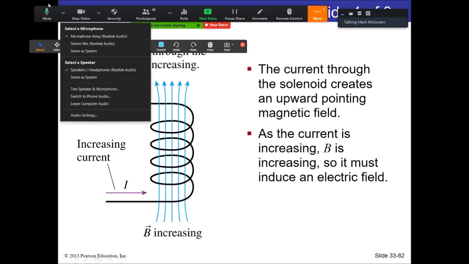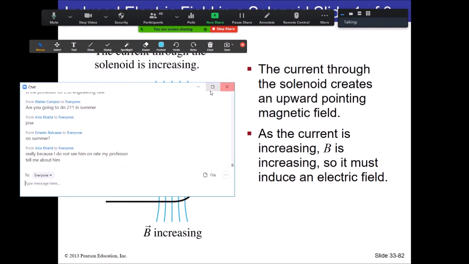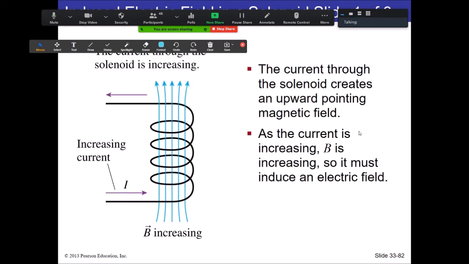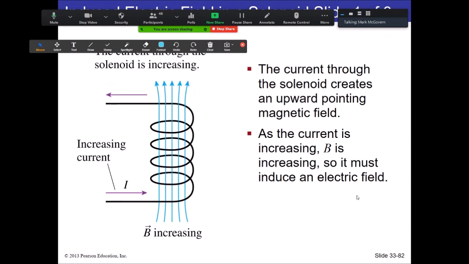All right, now let's look at another perspective of this here. Trying to understand what's going on in these solenoids here. When you have a magnetic field as a result of the current going through, if you start to change that current, that means your magnetic flux is going to start to change, which means you're going to produce an induced field here,